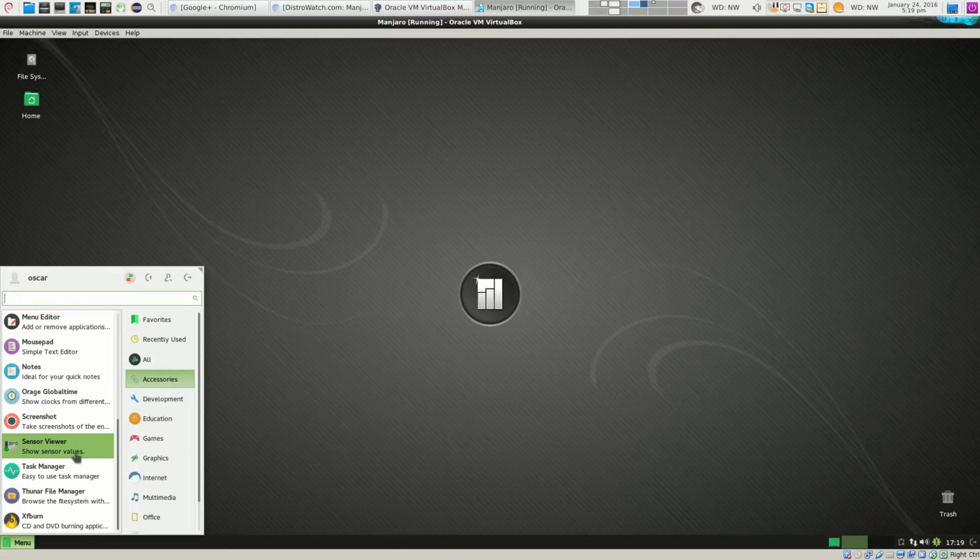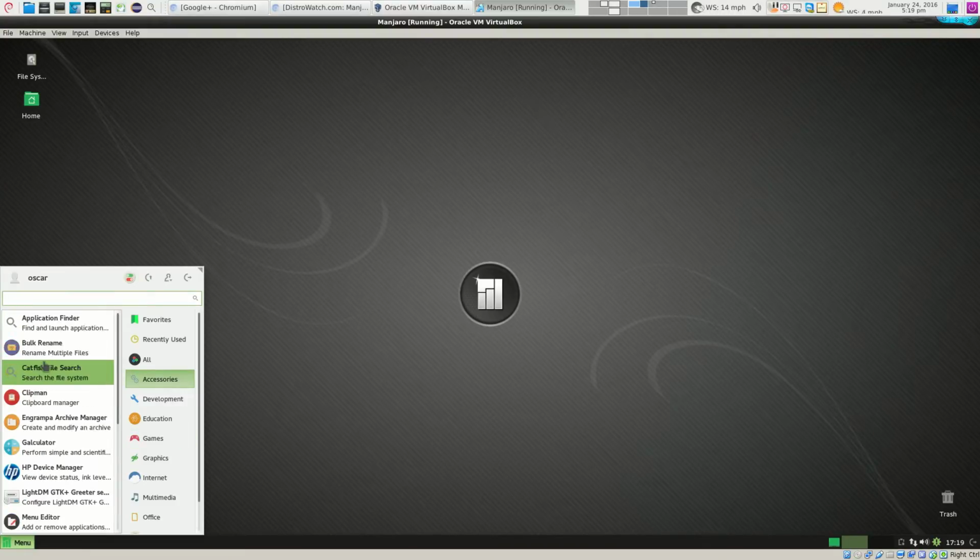Your sensor viewer, task manager, so you can close a program, and so on. Your Thunar file manager, which is, in a sense, if you open this through your administrative, you can add and delete icons and themes on your operating system. And then you've got Xfburn.